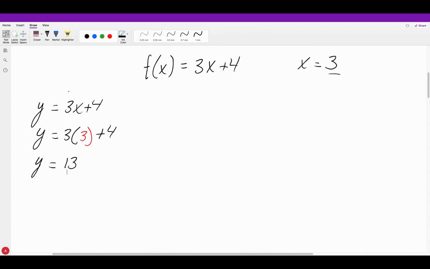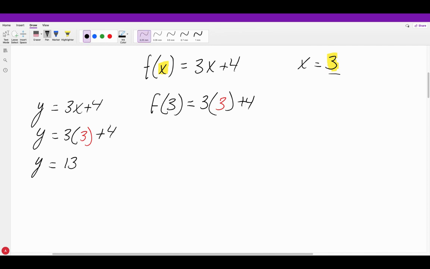So before, that's how we would do it. Is y equal to 13? We just simply substitute in. When we're using function notation, when we substitute, you do need to make sure that you rewrite this to show what we're plugging in. So instead of it just saying f of x, we will say f of 3 is equal to 3 times 3